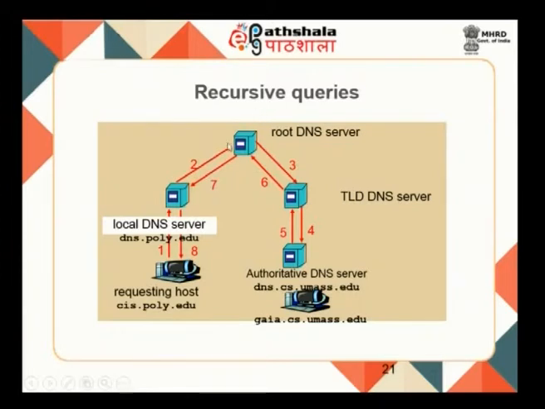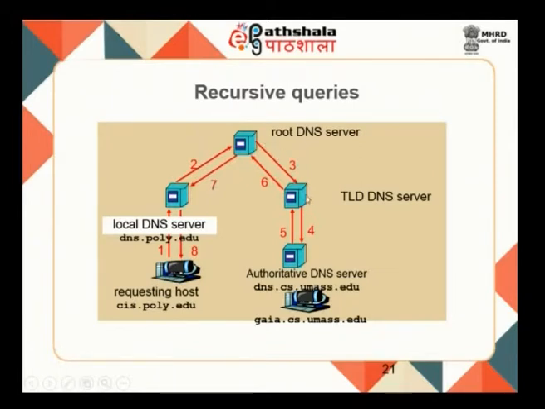In the recursive querying mechanism, again we are requesting for the same host. So, the requesting host is CIS, and the requested information is gaia.cs.umass.edu. It sends this to the local DNS server. Now, the local DNS server again sends the request to the root DNS server. So, up to this it is the same. Now, the root DNS server does not have the information, but it does not say I do not have the information and give that response back to the local DNS server. Instead, it in turn contacts the top level domain edu DNS server